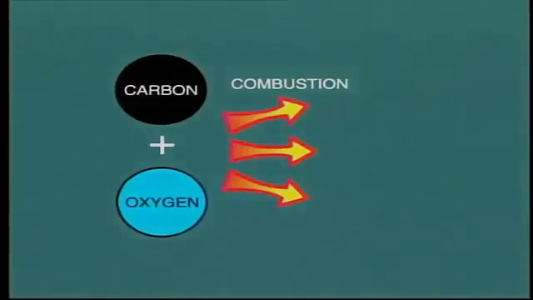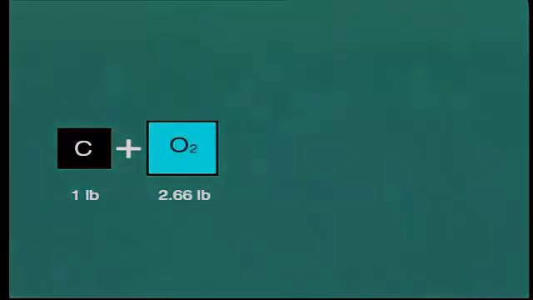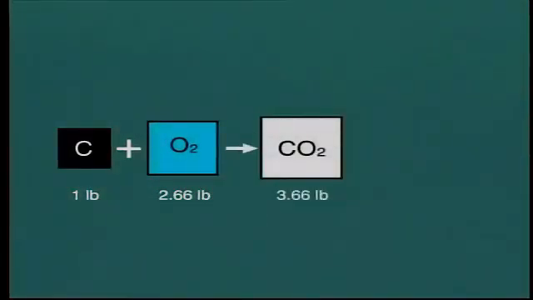Provided sufficient air is supplied and the carbon burns completely, it forms a gas, carbon dioxide, represented by the symbol CO2. That is, one atom of carbon and two of oxygen. Theoretically, to completely burn 1 pound of carbon, we need to mix it with 2.66 pounds of oxygen. The resultant combustion process produces 3.66 pounds of CO2 and at the same time releases a large quantity of heat,